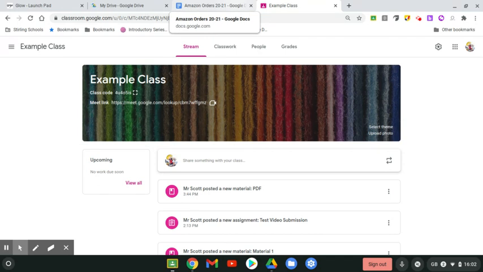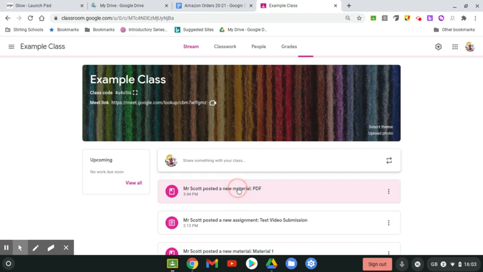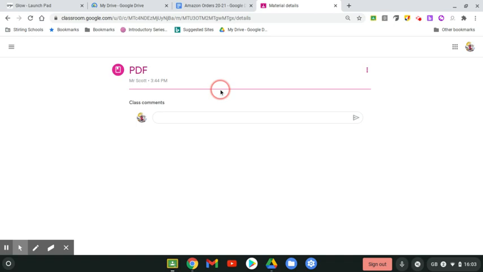So I'll show you how you do that and where you find it, and then I'll quickly point out how the available offline function works with any other Google Docs which are in Google Drive. So first of all, if you had posted a PDF to your pupils on Classroom as a material or an assignment, when they click on it within Classroom,